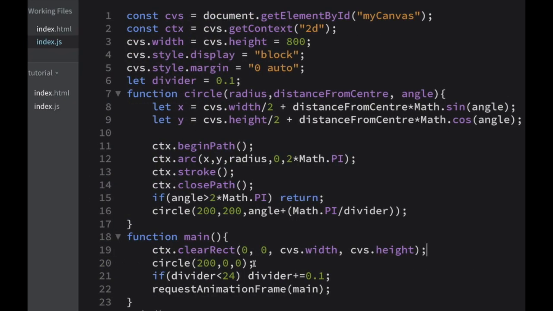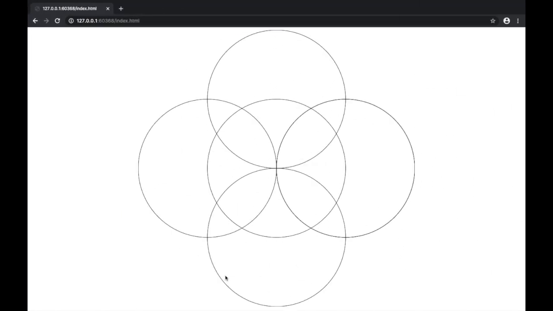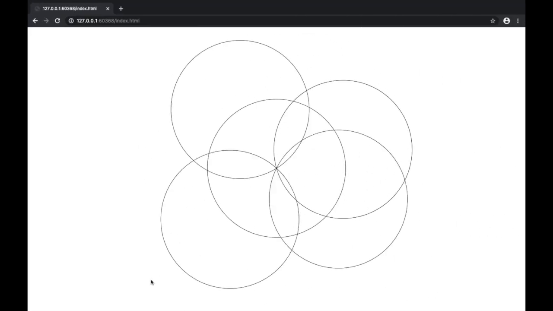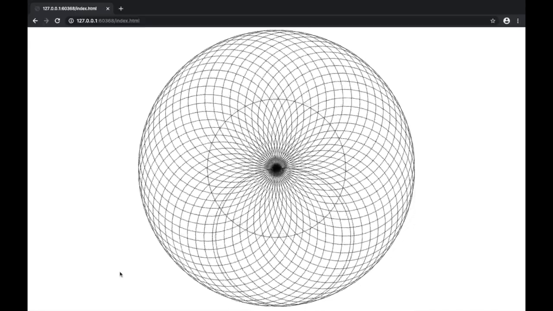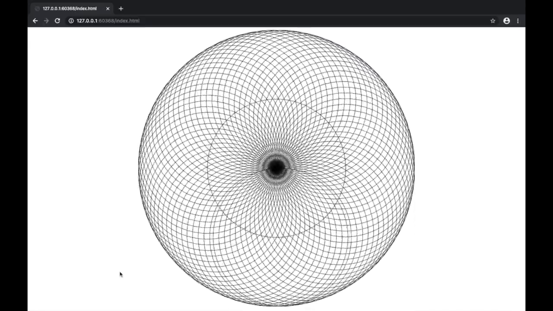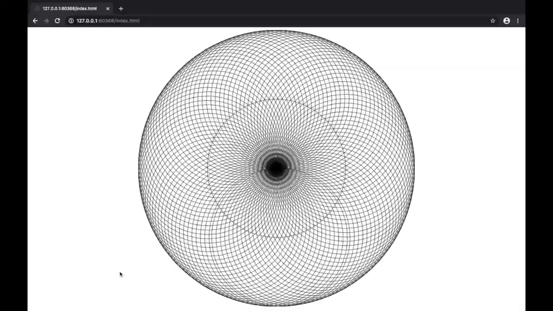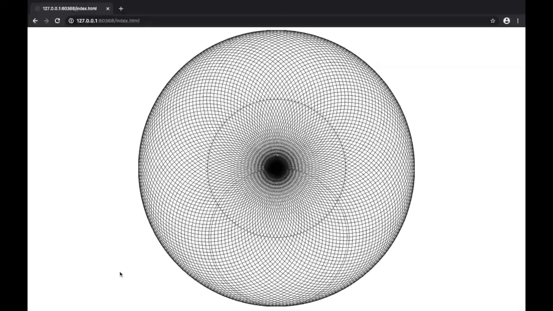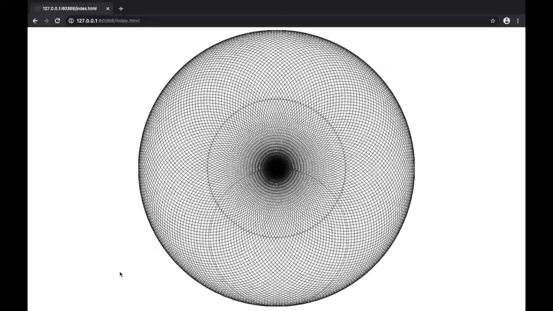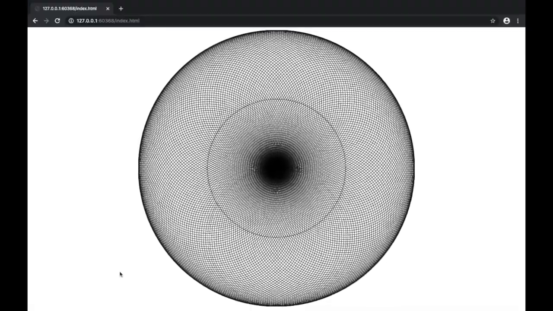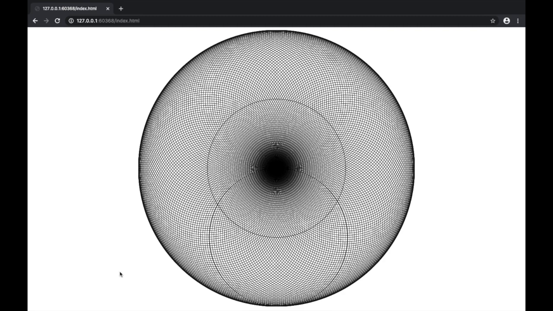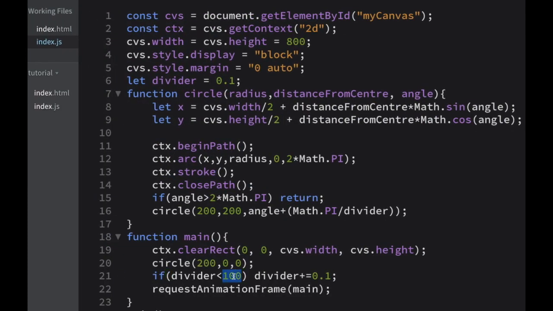Now by changing the value of the divider variable, we can have a very low number of circles like this and a very huge number of circles like this. Let's see what will happen if we double that number now.